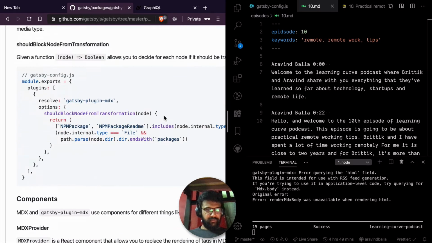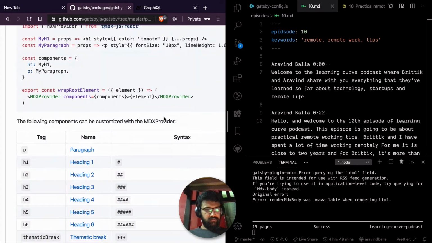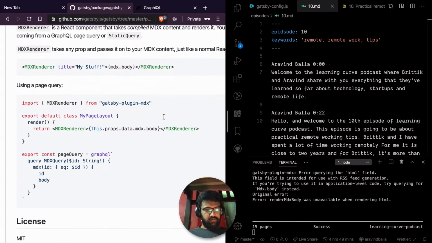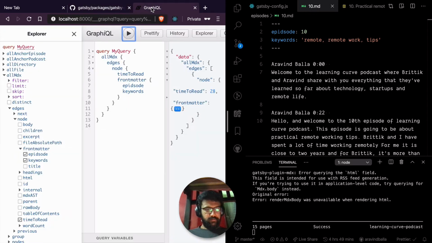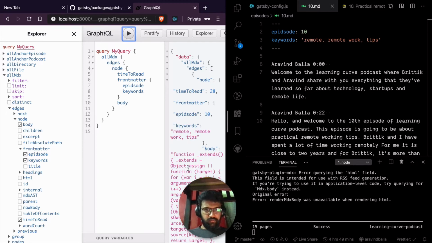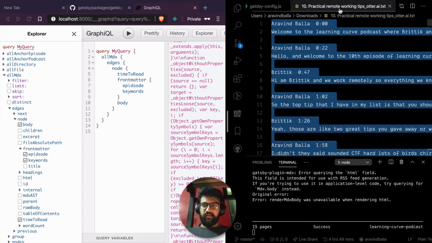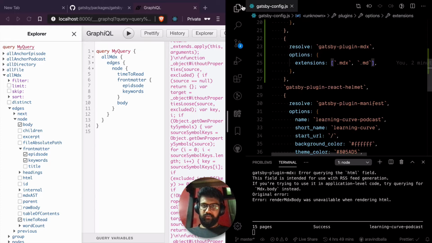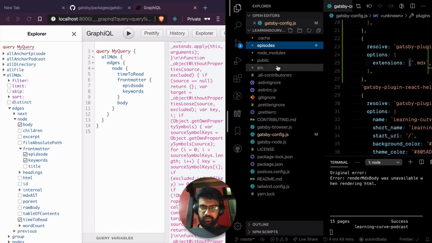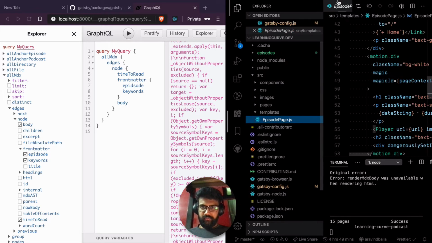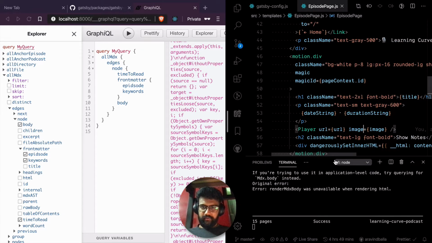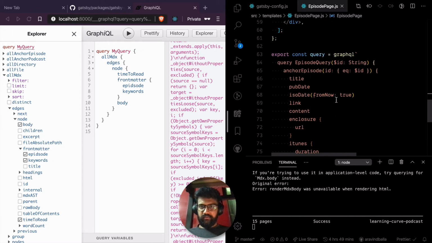Do I have a page query? I don't think so. Yes, so things work at least. So what we do is go to the source templates episode page, and there is a query here.